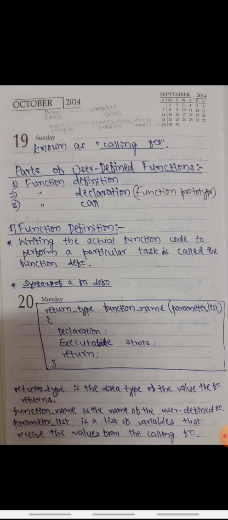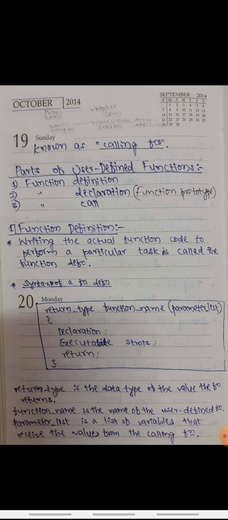function with an open brace. Here, if you want to declare any local variables, you declare them in the declaration part, and then you start writing your executable statements, and at last you should write the keyword return. As I already told, the calling function is calling the called function, so the called function should return some value back to the calling function. So here we should write that keyword return. In front of that return, we can write any value, exactly the value this called function is returning. So this is the syntax.